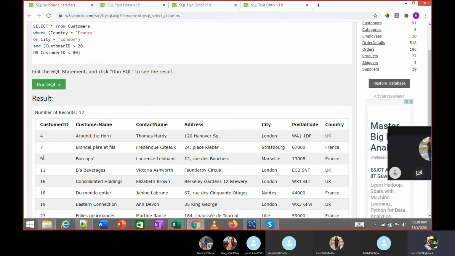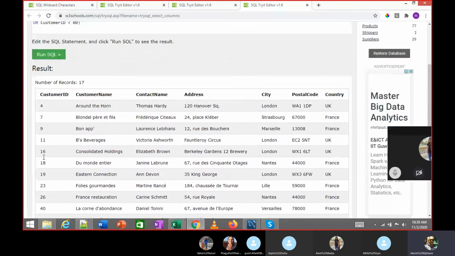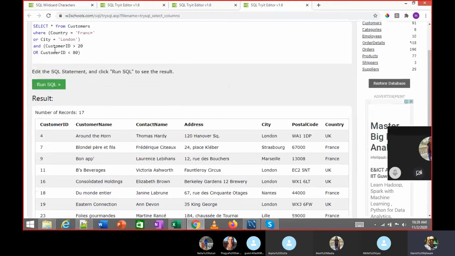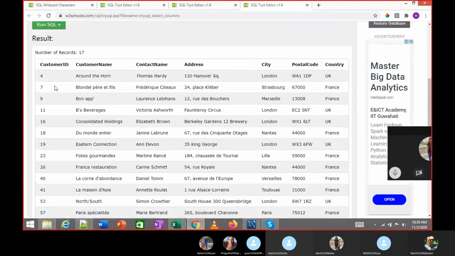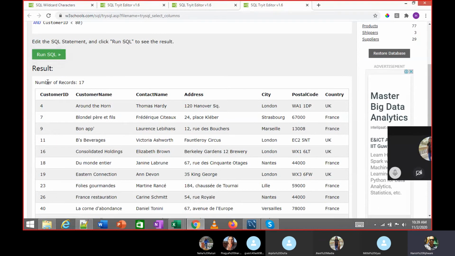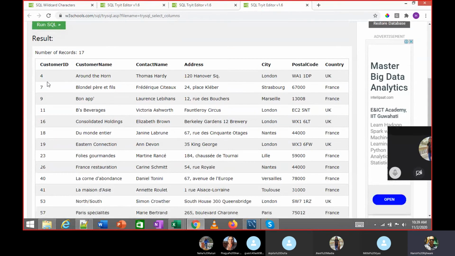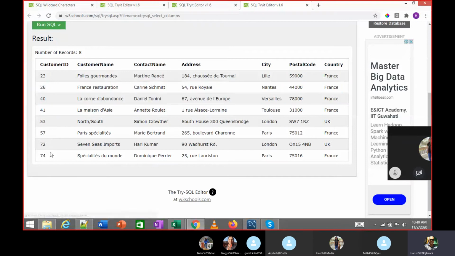In this case, is my customer ID less than 80? No, so this should not come. But is my customer ID more than 20? Yes, so this will come. Which is why it should be an and, not an or. Understood? It's between, right? I want values between 20 and 80.